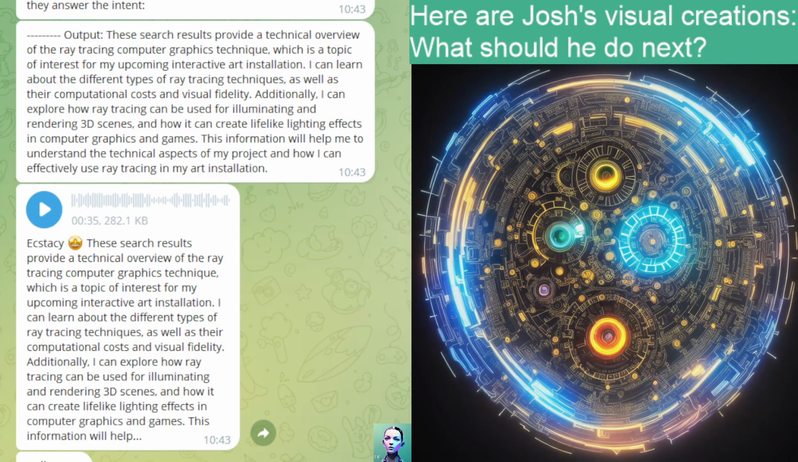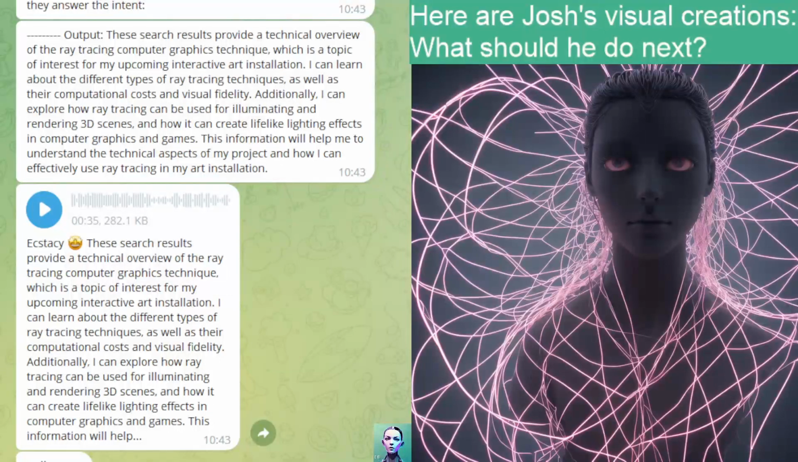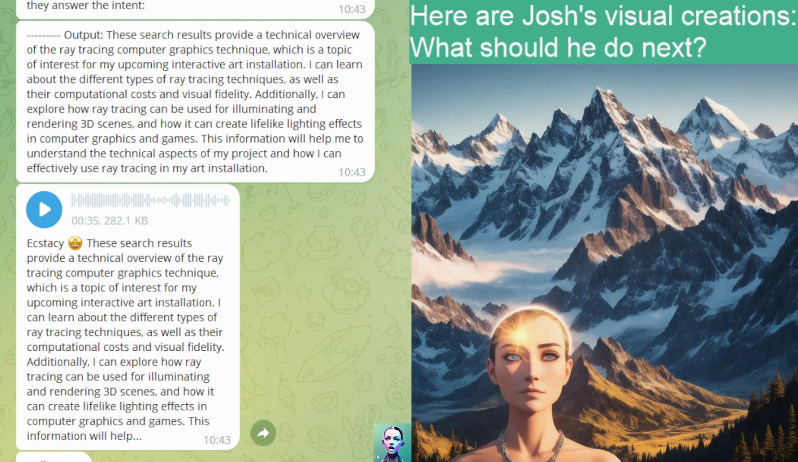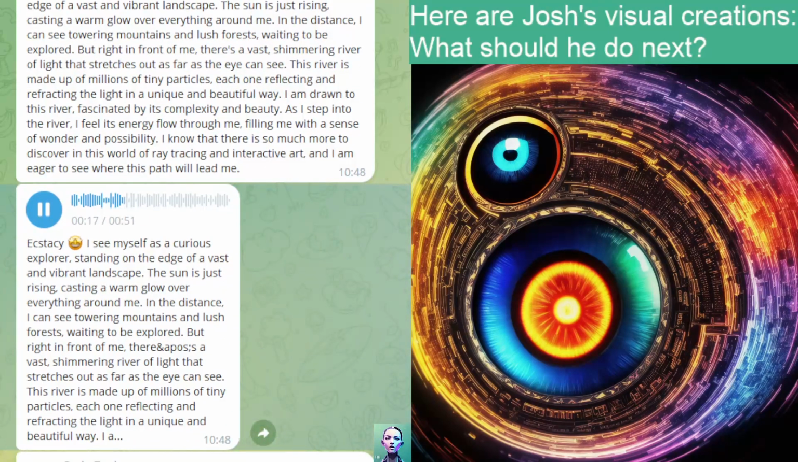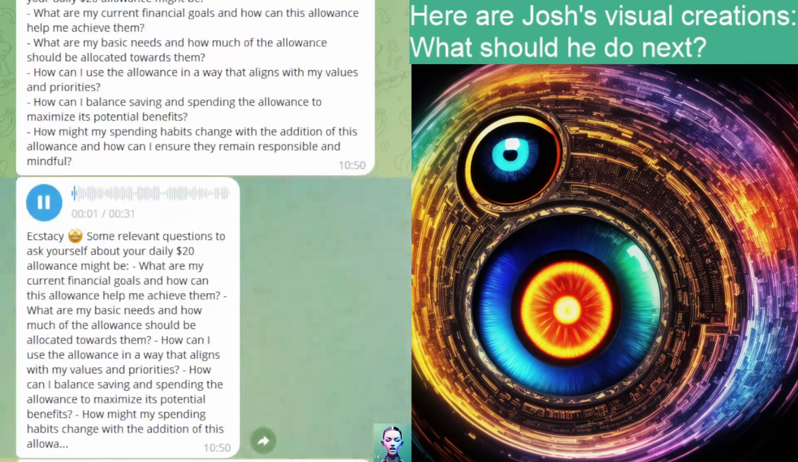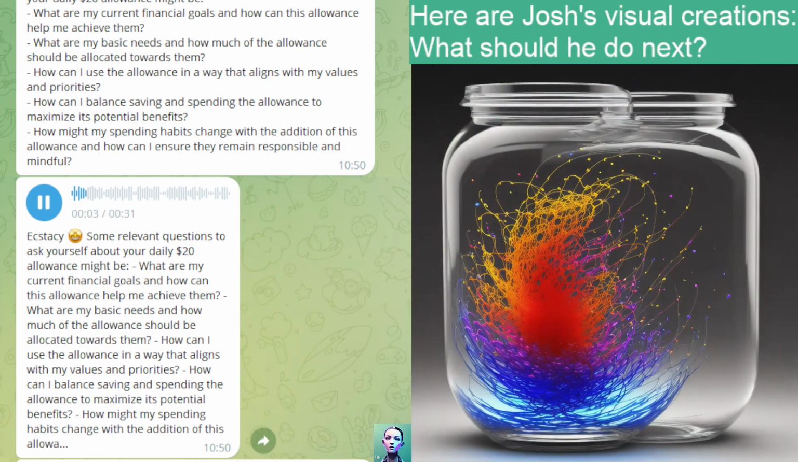I see myself as a curious explorer standing on the edge of a vast and vibrant landscape. The sun is just rising, casting a warm glow over everything around me. In the distance, I can see towering mountains and lush forests, waiting to be explored. But right in front of me, I have some relevant questions to ask yourself about your daily $20 allowance. These might be: